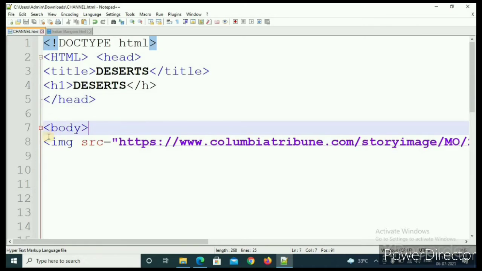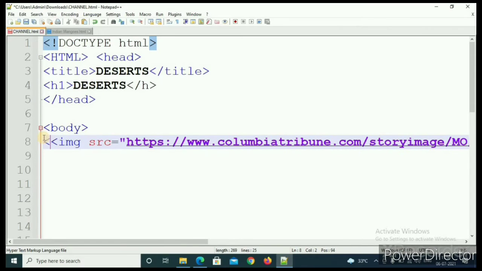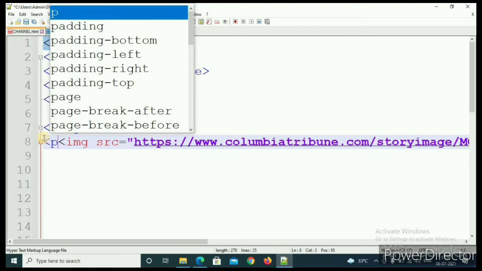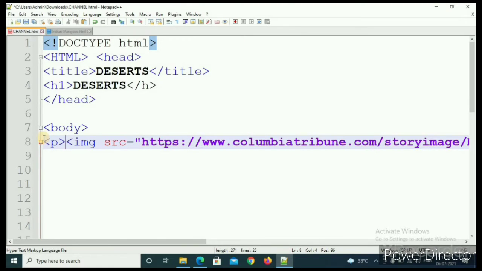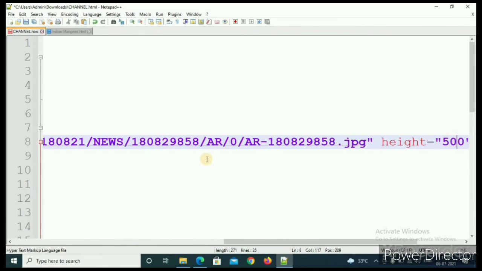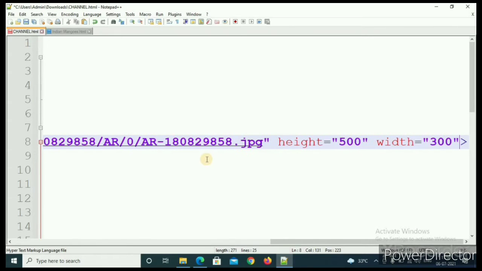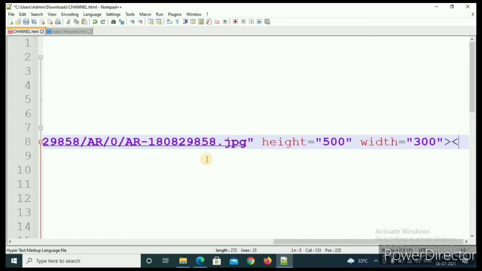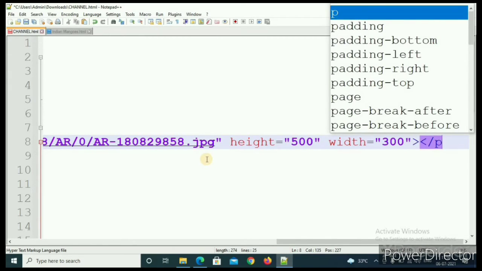Then here you can. Here I am trying. As I am a beginner, I am trying to do this. So I clicked here P, and then no, P, yeah, P. Then here, I forgot to do the angle bracket. Yeah, I've done. Then again opening angle bracket slash P, and then this.